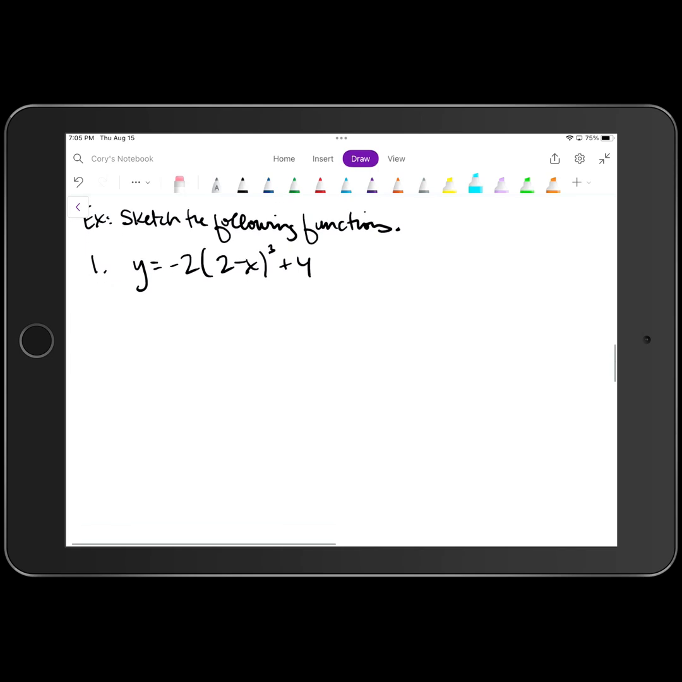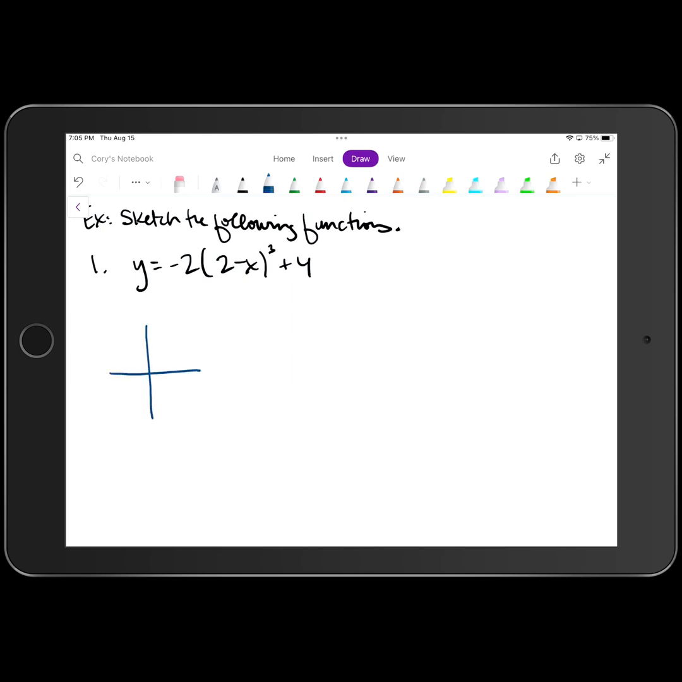For number one, we have y is equal to -2 times the quantity 2 minus x cubed plus 4. When I work these out using transformations, I'm going to work the graph out one step at a time. I don't want to make careless errors, but I can still work through this very efficiently. So to start out here,